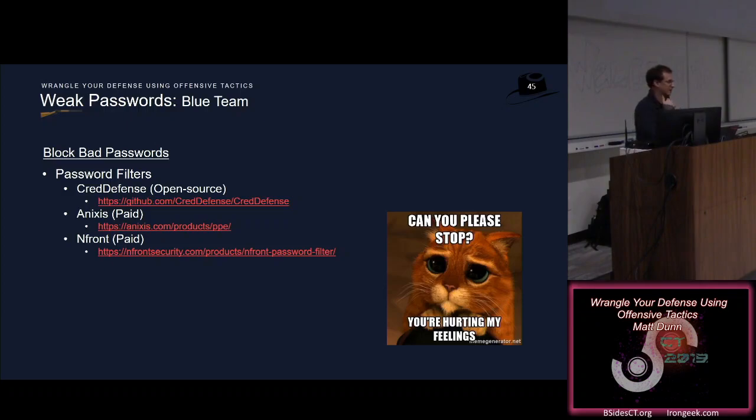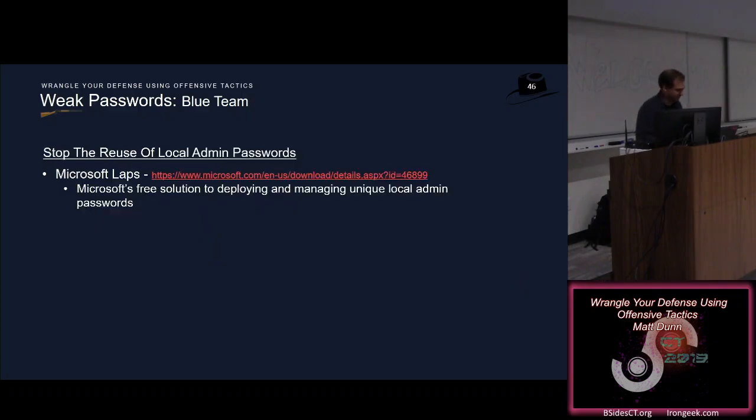But basically, you give it a list of passwords that meet complexity requirements but that you don't want to allow, like the sports team in the area and year, season and year. You could even give it a list of the top 10,000 bad passwords, things like that. They're very configurable, and that'll actually prevent people from selecting bad passwords. The networks that use these, I have some banks that use these, it's impossible to guess passwords there, and it's very difficult to crack passwords if you have pretty strict rules in place.